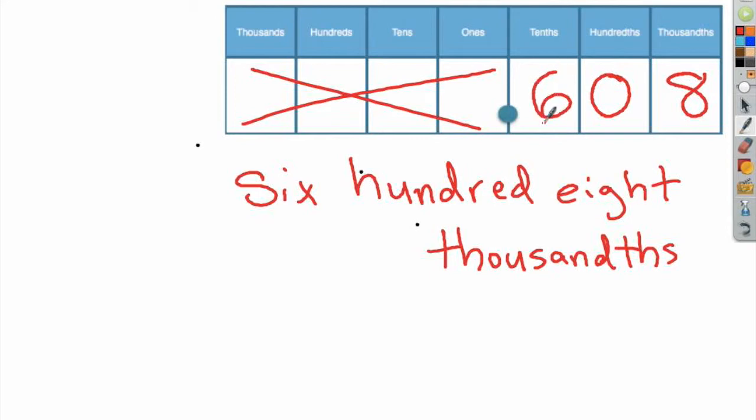Okay, when I was walking around, I was seeing some of this. Cover the decimal. What's that number? 68. Did that say 608? Did you just say 608? Nope. If you wrote it like this, it would be 68. But the number is 608. See, they try to trick you and